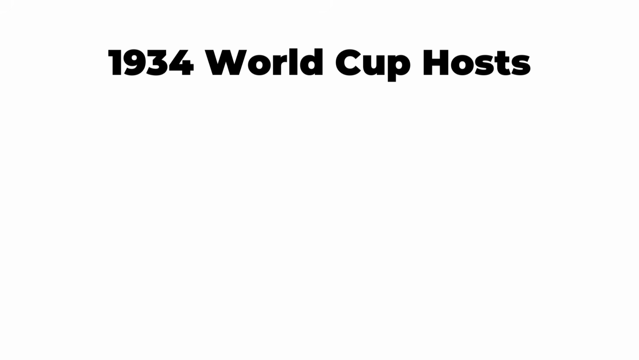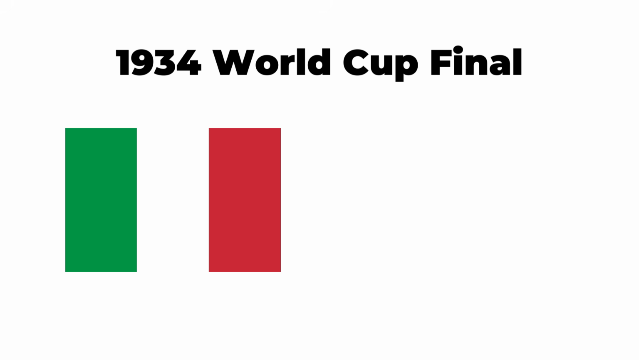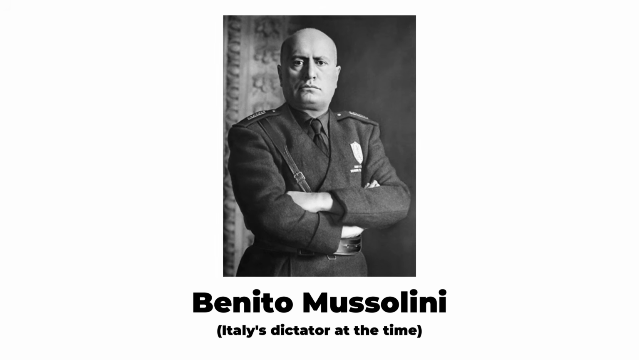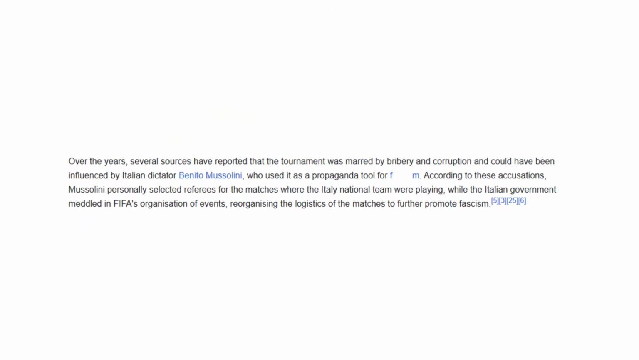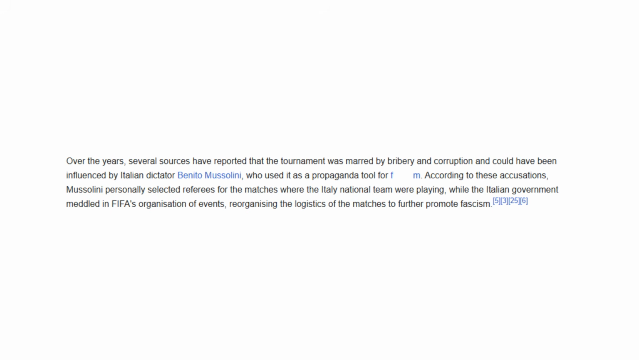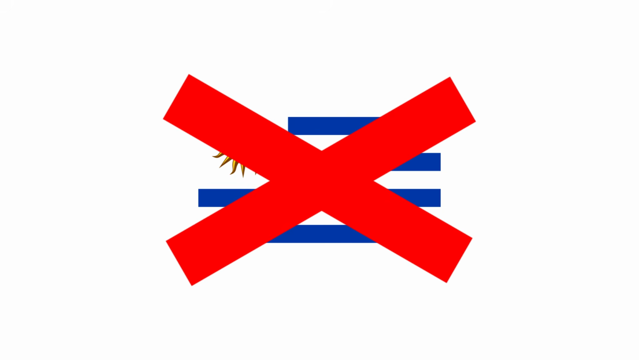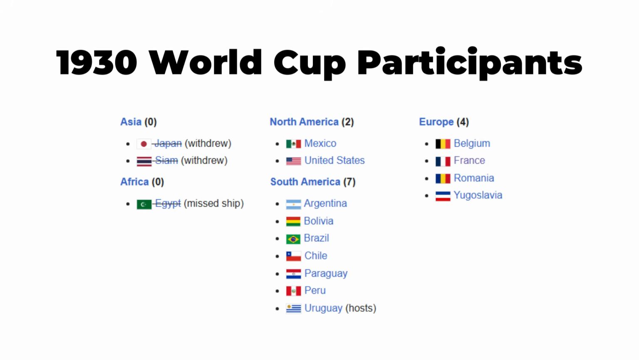1934. For the second World Cup, we're going to Italy, who are going to play in the final and also are governed by a dictator, Benito Mussolini. Yeah, you know where this is going. What a brilliant opportunity for some national propaganda, or Benito himself influencing the tournament by selecting the referees for some matches. Uruguay decided not to partake in the tournament as a protest against the European teams not going to their